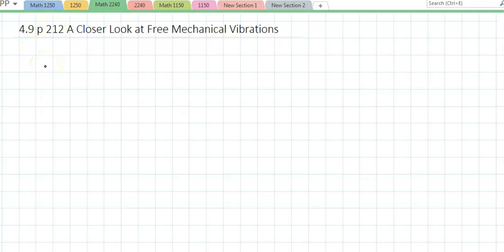Section 4.9 is on page 212. It talks about free mechanical vibrations. And if we look at a vector, given a vector,